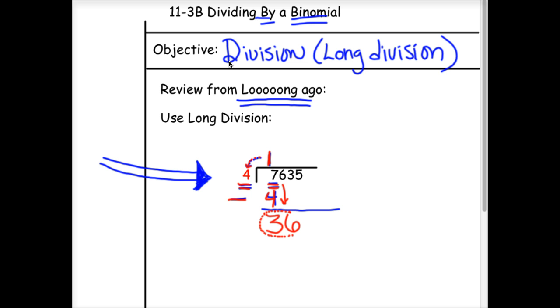I take this, and I repeat. I divide it by 4, and that one's a nice even 9. And 9 times 4 is 36, and I write it down. And then I subtract again, and I get 0. And then I drop the next term